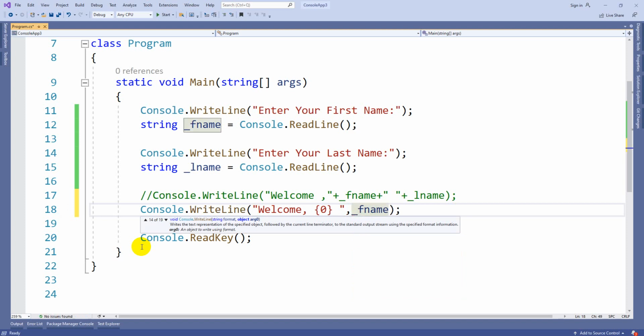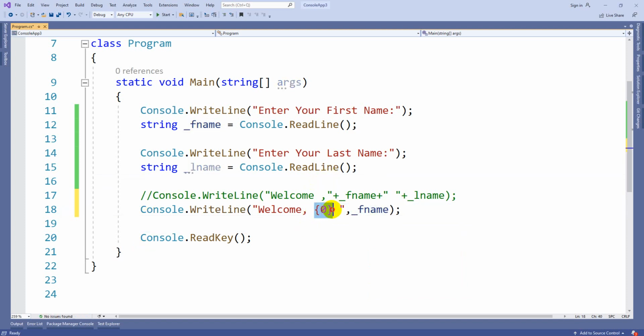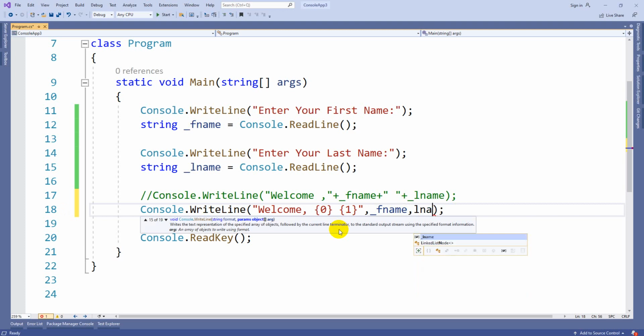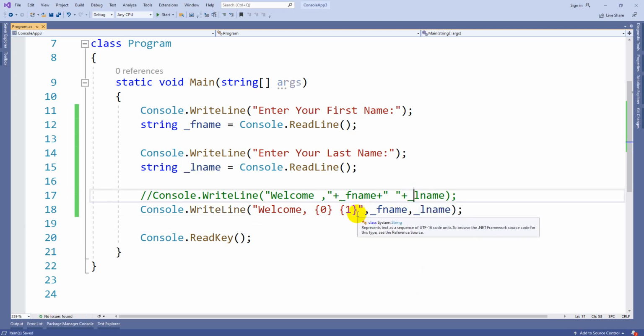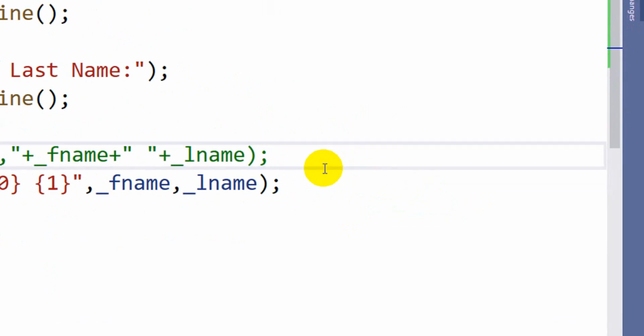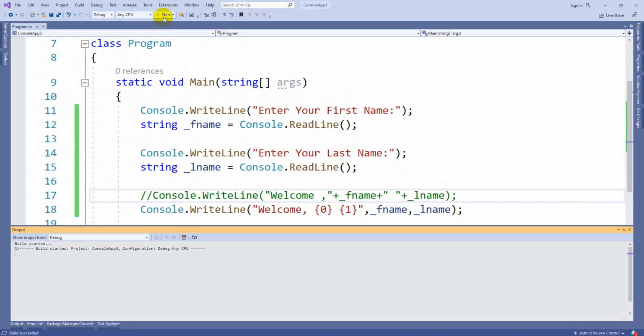So now if I write like this, in place of this 0, this first variable value will get placed here. After that again 1, {0} {1}. So it is going to be replaced by the second value we are mentioning after the closing of the double quotes. fname will be saved at 0 location, lname will be saved at 1 location. Like that you can continue. It's an index, argument index. So these are all arguments. These arguments will be stored in the order of 0, 1, starting from 0. So if I execute, you can see it is going to give you the same result.